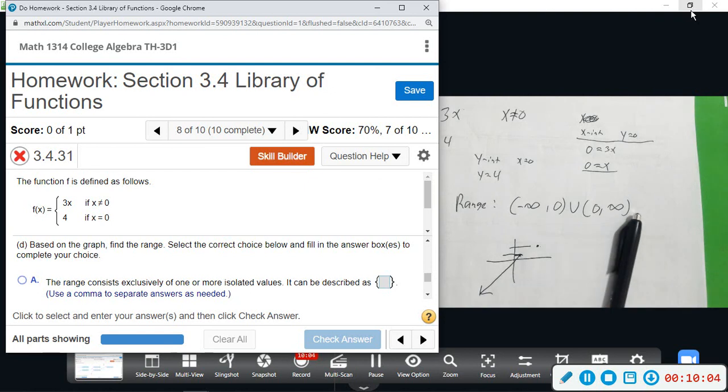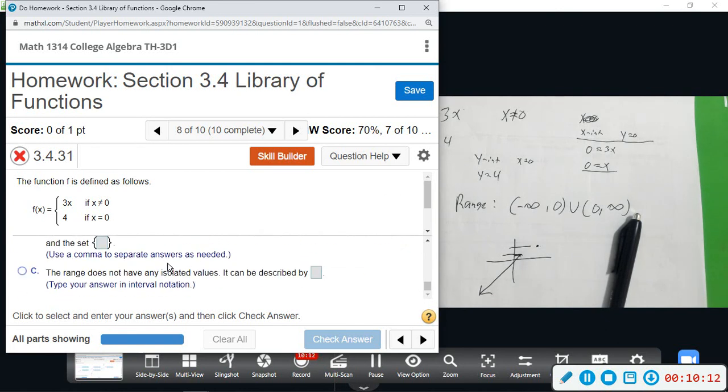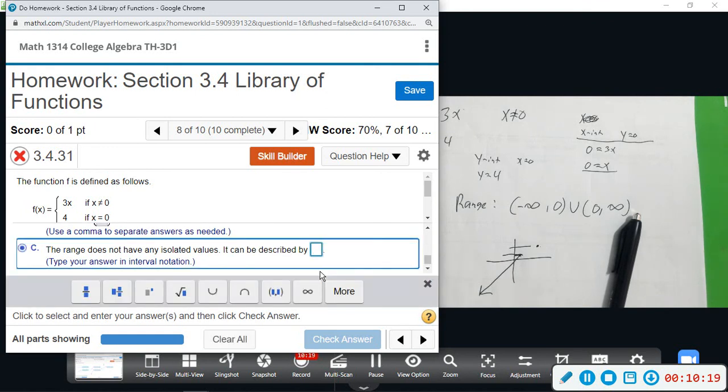We don't have anything like that. Or in our case, this 4 is also included in the long part, so we don't have to do it in 2 separate pieces. So option 3 is what we want, and we're going to list it just like this. Negative infinity to 0 union